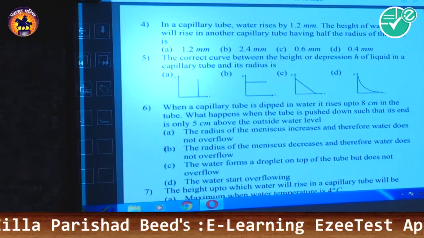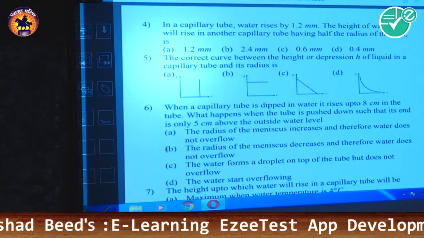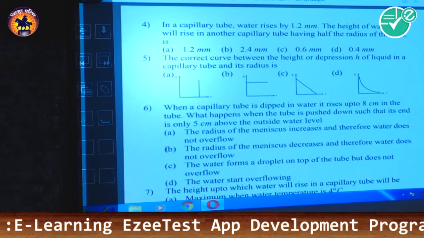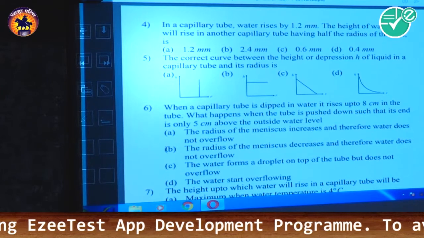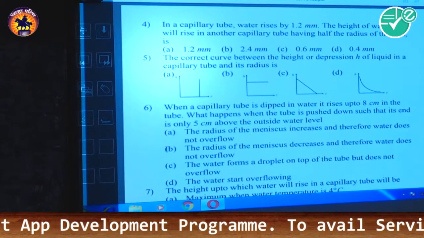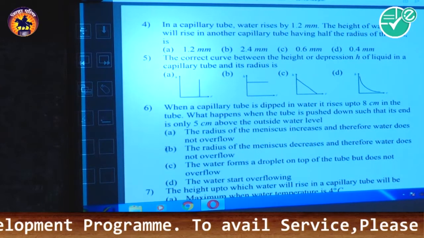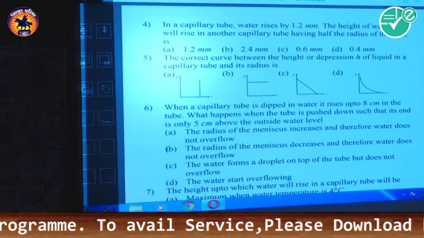In a capillary tube, water rises by 1.2 millimeter. The height of water that will rise in another capillary tube having half the radius of the first is